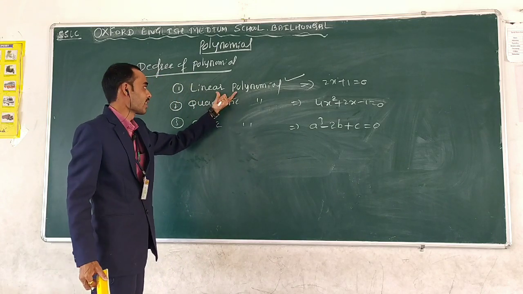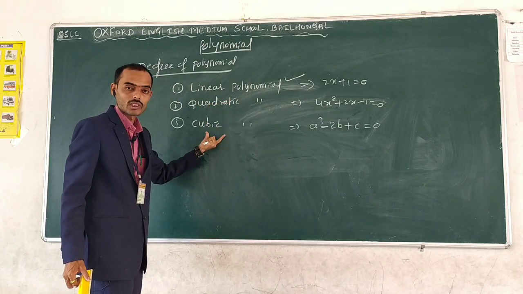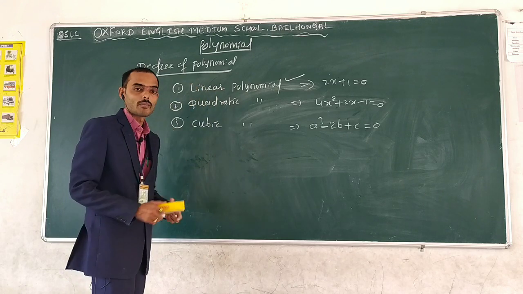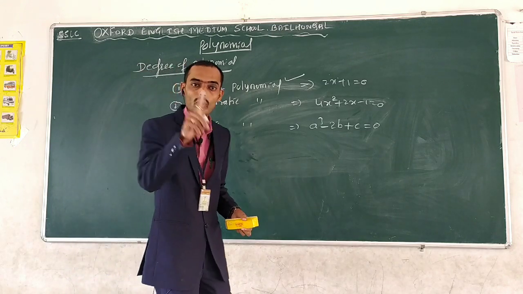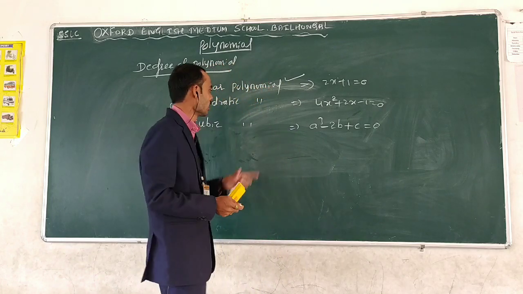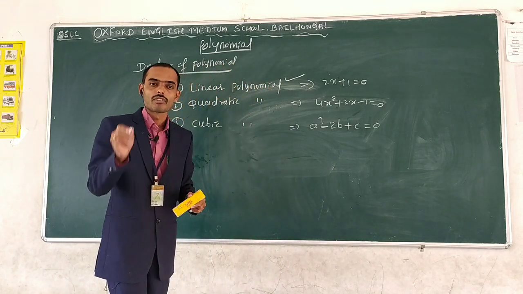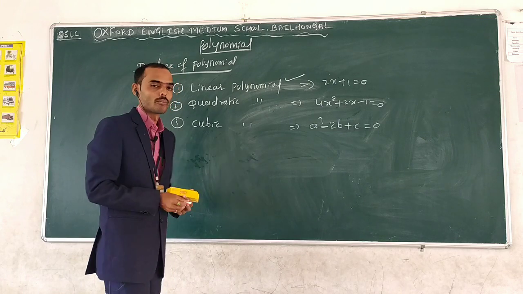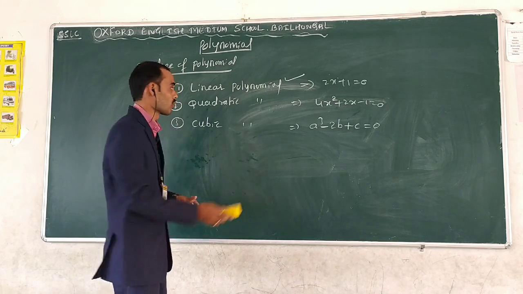Is it right? So, what is a linear, quadratic and cubic polynomial? I will repeat once again. Linear polynomial means the polynomial of the degree 1 is called linear polynomial. The polynomial of the degree 2 is called quadratic polynomial. The polynomial of degree 3 is called what? Cubic polynomial. The next is very important concept, that is